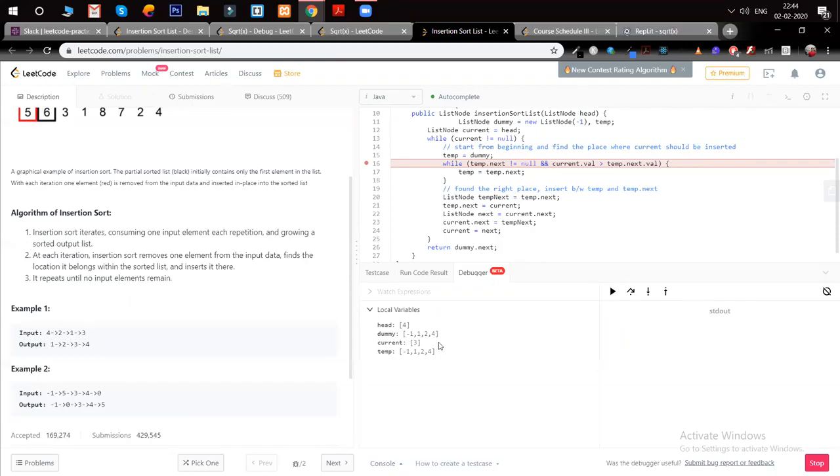The debugger is showing it like that, but what it does is that you start from -1 every time, you go to 1, 2, and you find where you should insert that. This debugger is not giving you the right picture. In reality, dummy is connected to -1, 1, 2, 4, and 3 also. No, not 3.